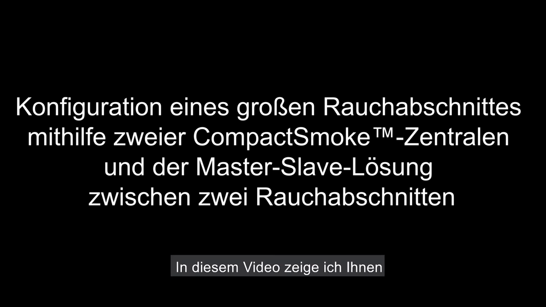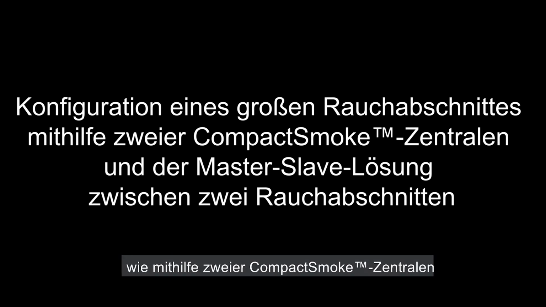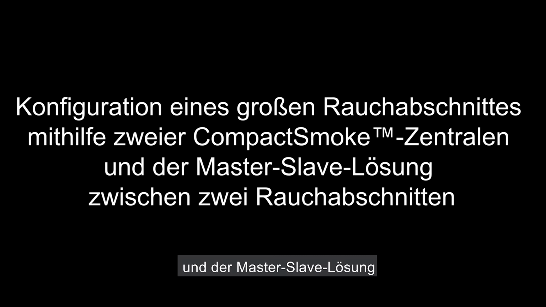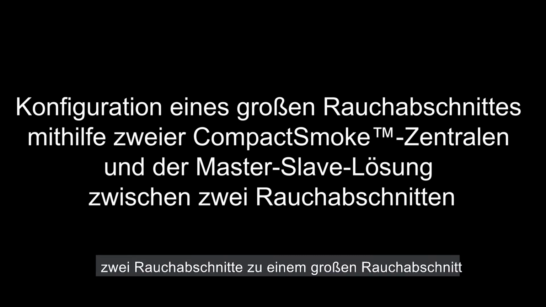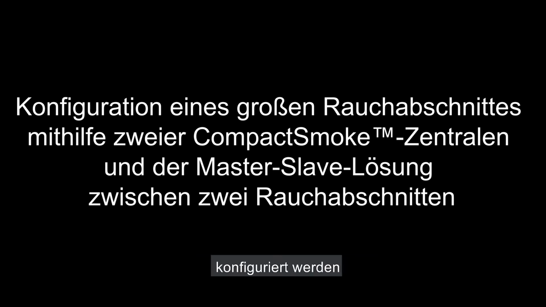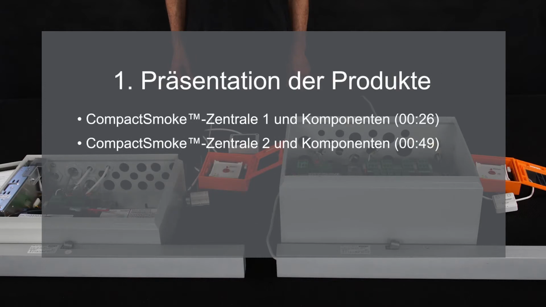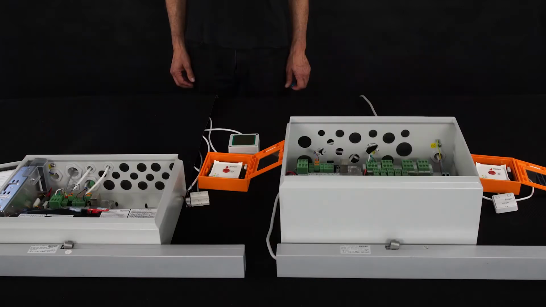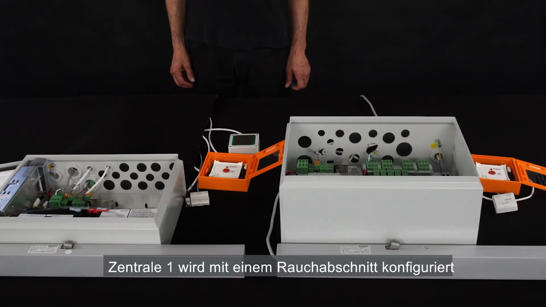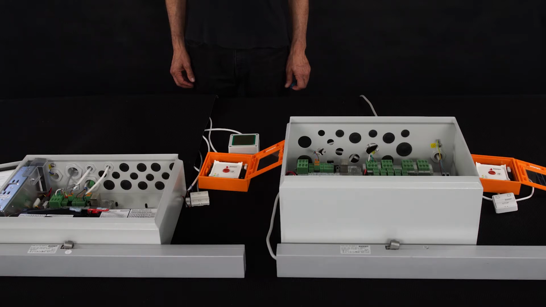In this video, I'm going to demonstrate how to implement a large smoke area using two compact smoke panels and the master-slave relation between two smoke zones. Panel 1 is configured with one smoke zone and has the following peripherals connected: one actuator, one brake glass unit,